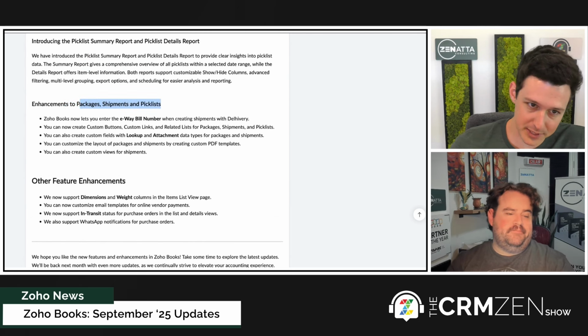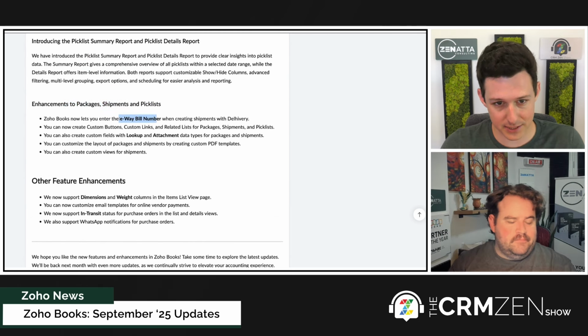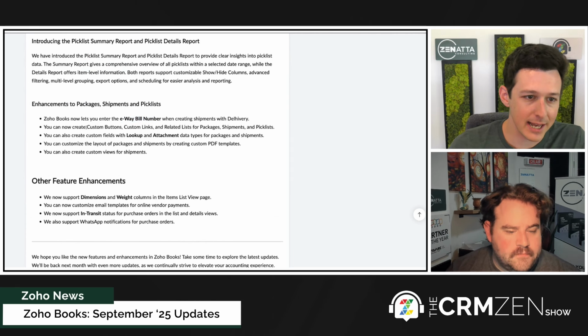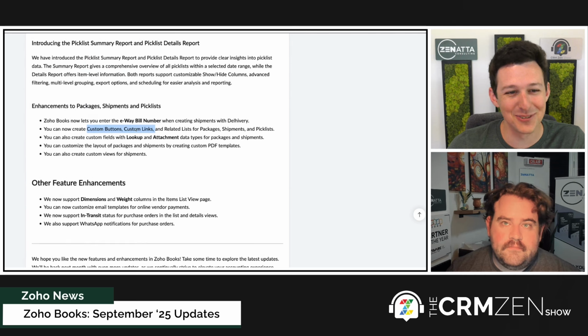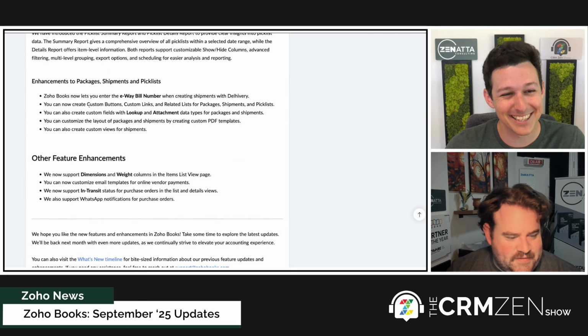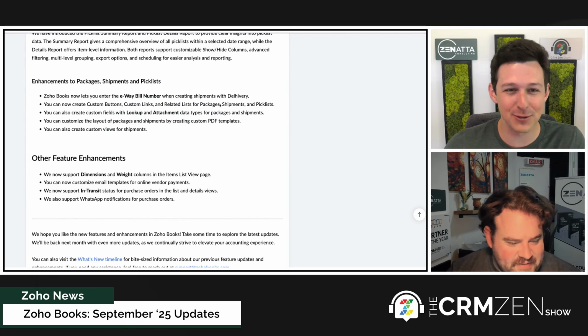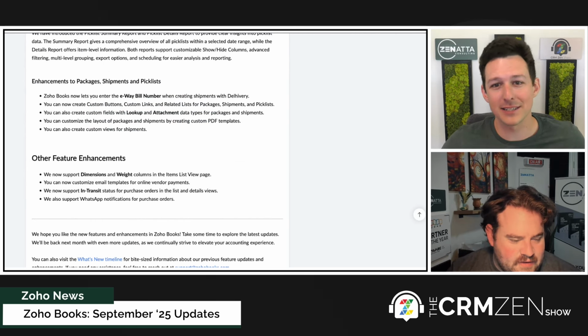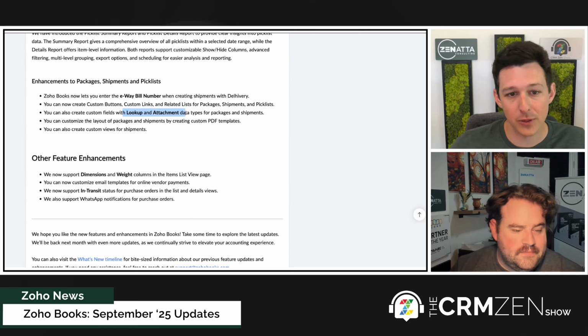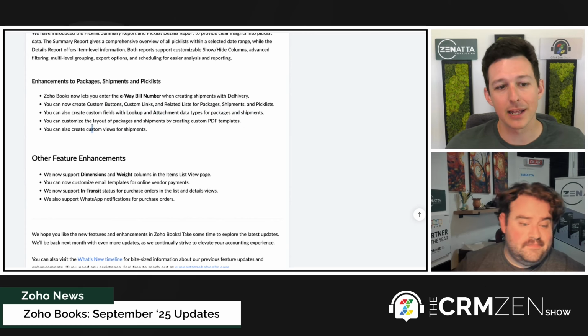And then a couple of enhancements for packages, shipments, and pick lists. You can now add the e-way bill number. Pretty sure this is useful in India. You can have custom buttons, custom links, and related lists on packages, shipments, and pick lists. Again, Zoho, you're burying some really useful info. Why are these at the bottom of this whole category? This is really useful, right? You got a package, maybe you want to add a custom convert to shipment button that does these 10 different things and makes the shipment in one step. Very useful. You can now also create custom fields with lookups and attachments for those modules,